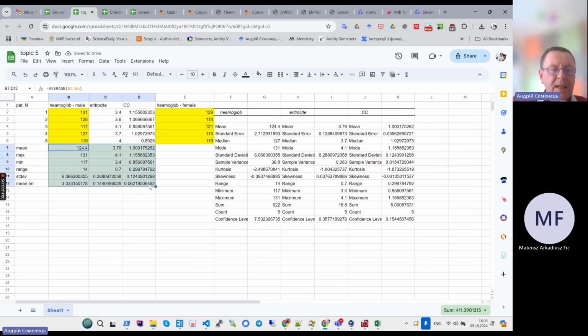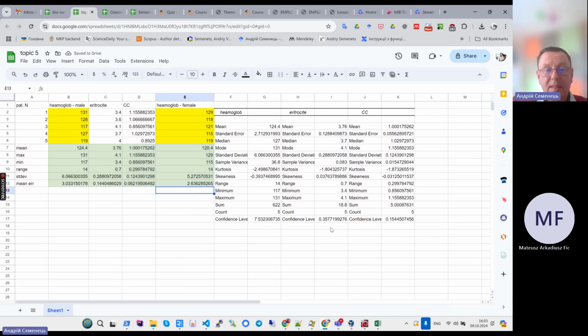So at the first stage, we have to calculate descriptive statistics. We already did it, except I will extend those formulas to one more column